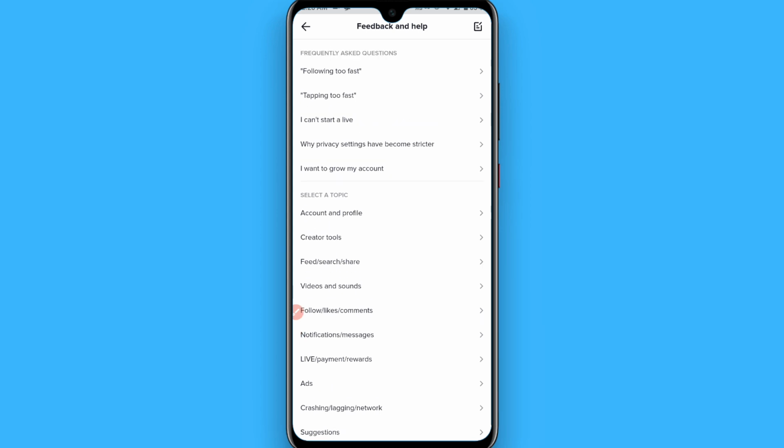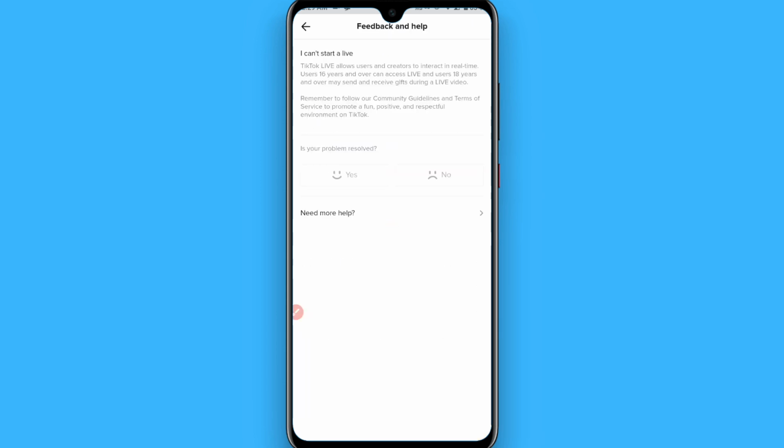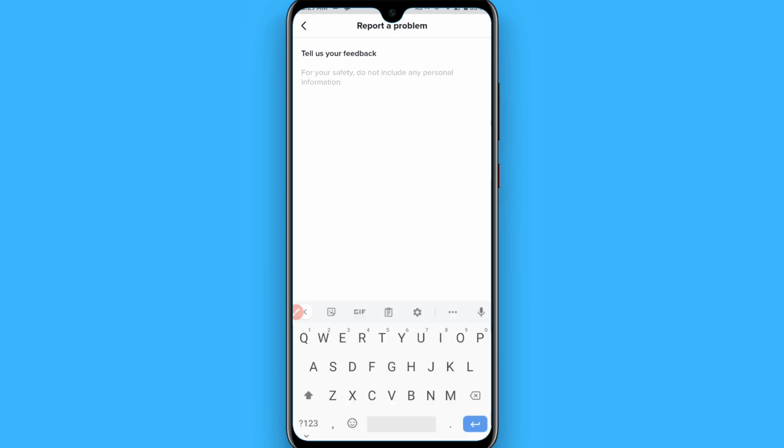Simply you will see the "I can't start a LIVE" option here. So this is the option. Simply tap on it. Okay, now you have to click on No from here and click on Need more help. Okay, right here you have to write a text like, hi